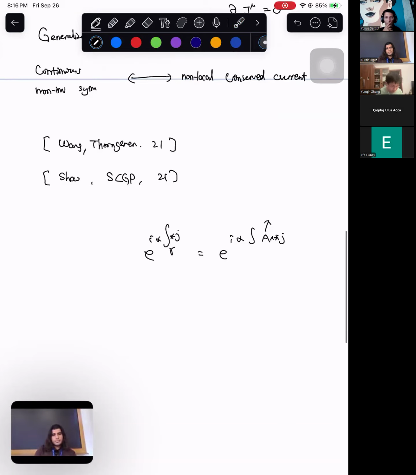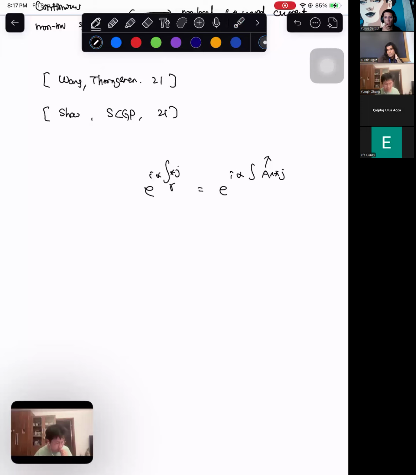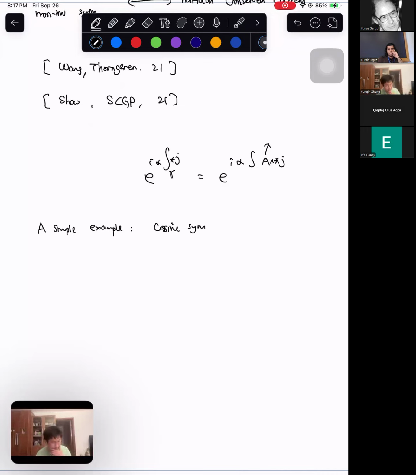All right, so this is the motivation. Let me give you a very simple example, which is the second part of the talk. A simple example, which is the cosine symmetry. This symmetry has been known for quite a few years,